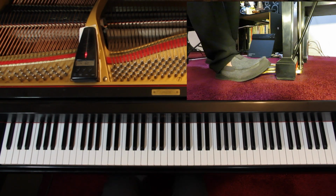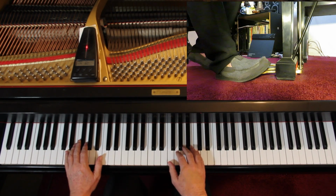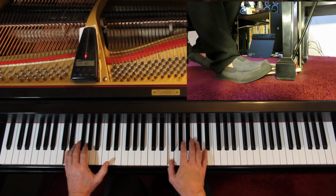Stop and turn the page. 1, 2, ready and go, and 1 and